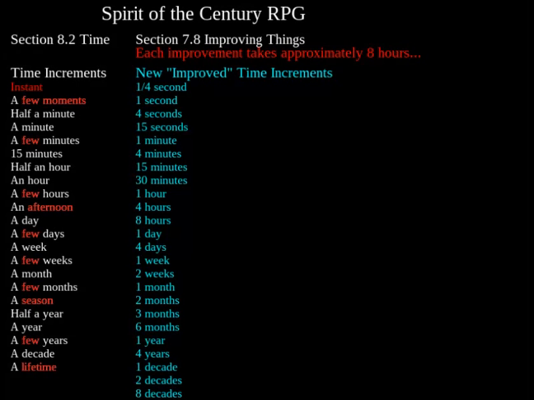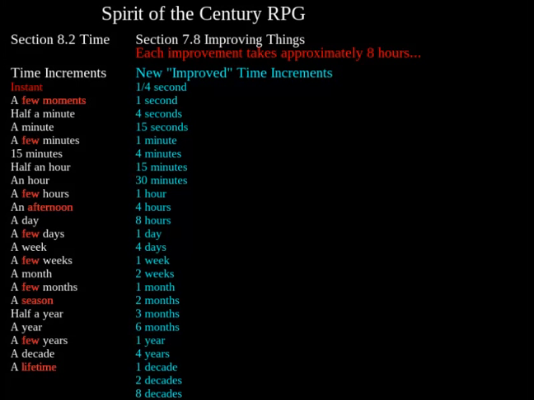It's certainly not perfect, but it's better, at least from my point of view. You can see that an instant has been replaced by a quarter second. I've inserted a 1 second entry in there to try and make it at least a little linear in some of these steps. The next one is 4 seconds, which replaces a few moments. I've replaced half a minute with 15 seconds, then 1 minute, 4 minutes replaces a few minutes, 15 minutes, 30 minutes, 1 hour, 4 hours replaces a few hours, 8 hours replaces an afternoon, 1 day, 4 days replaces a few days,